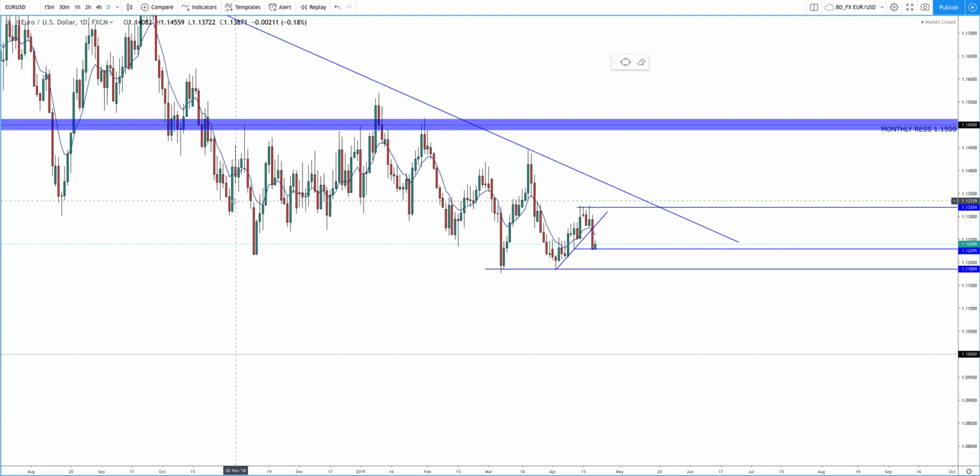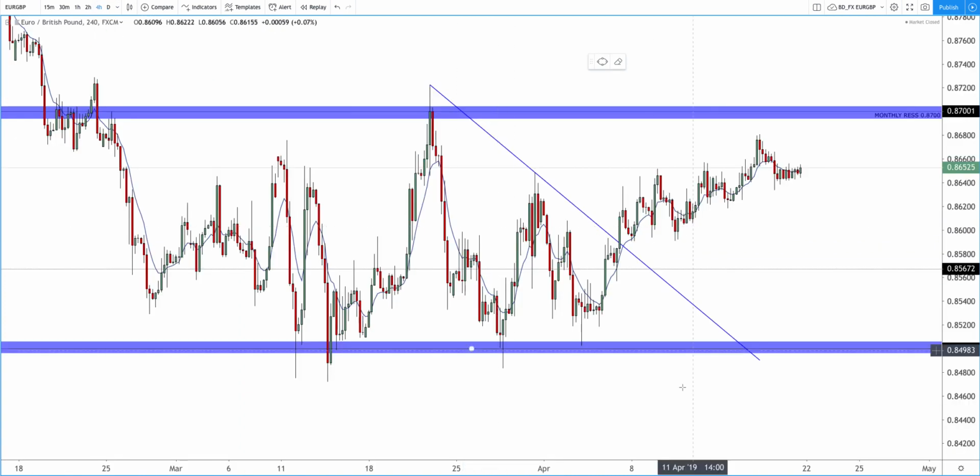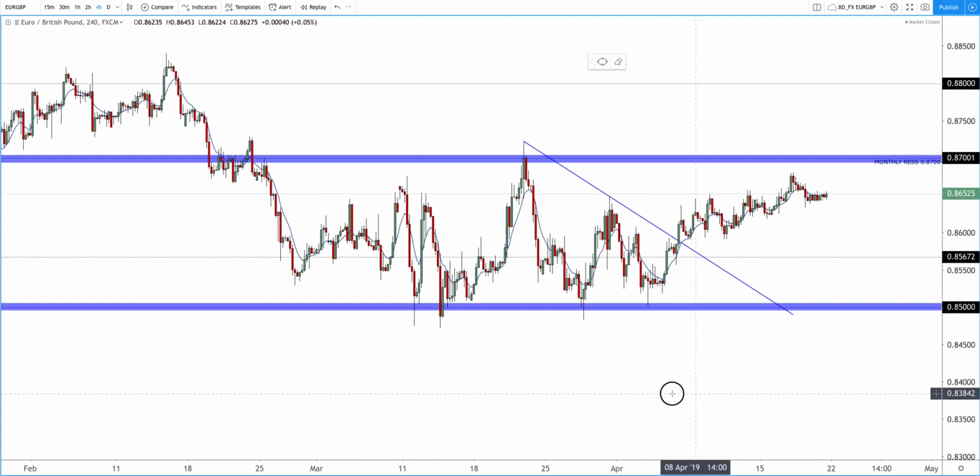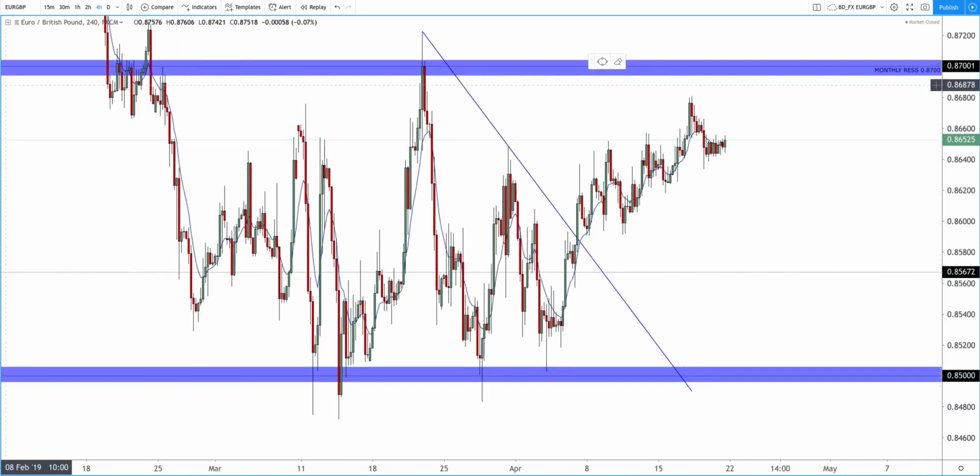So I'm going to go over a few other pairs. I'm getting a lot of requests, but there's so many different pairs that people request. So I'm just going to go over a few that I've gone over the past few weeks and some of the more important ones. Now, Euro GBP is something that we looked at on Sniper Sundays Volume 1. And I gave the entry to take, which was on the pullback here,